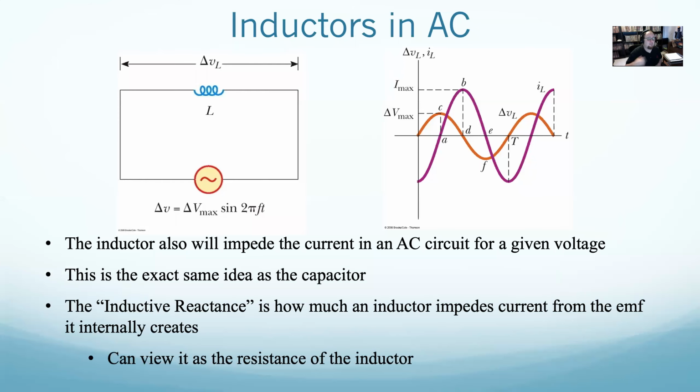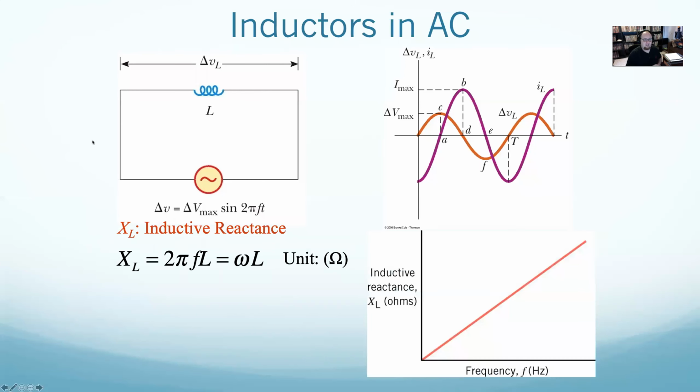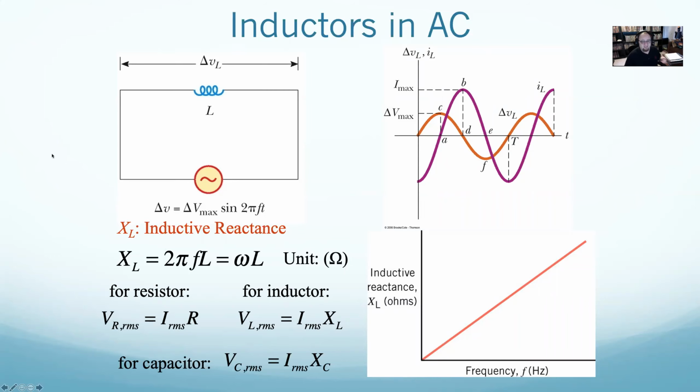And just like capacitive reactance, we have an equation for inductive reactance. That inductive reactance is 2 pi f L. Well, capacitive reactance was 1 over 2 pi f C. Now we're not inverting. And what we're going to have is that the higher the frequency, the more inductive reactance you have. AKA, the higher the frequency, the more it acts like a resistor. And we can still say, for a resistor, V equals IR. Well, for an inductor, V equals IX, same as a capacitor. We're just going to treat X sub L and X sub C as if they are resistances for all intents and purposes. But once again, they're not just resistances, because we have this whole phase change